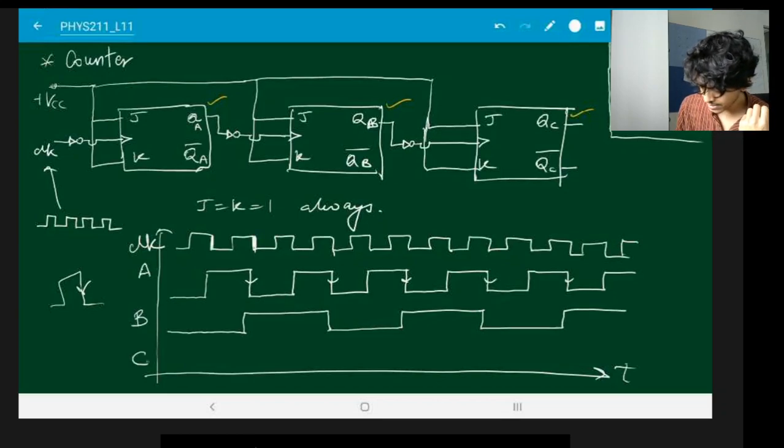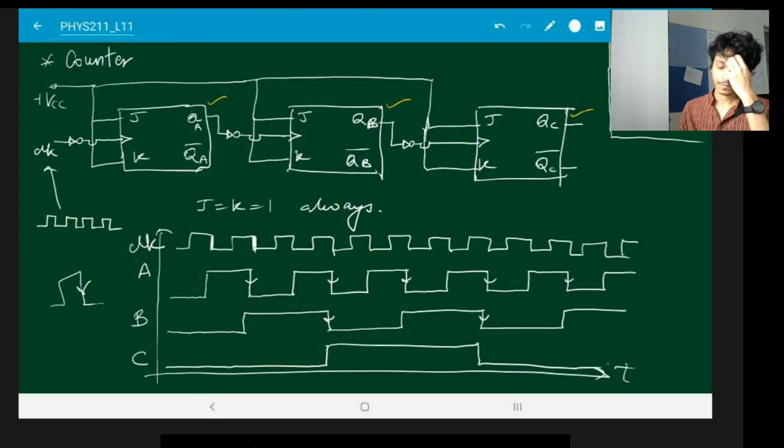And C gets triggered by B. So C looks like this. Now every up state is 1, every down state is 0. So what you can see from here is that